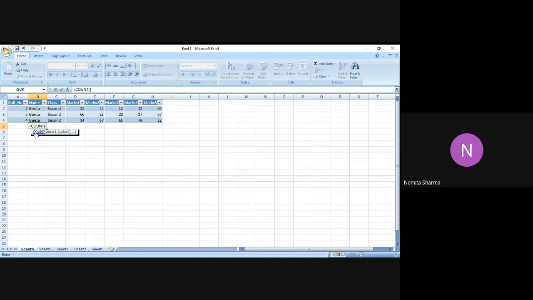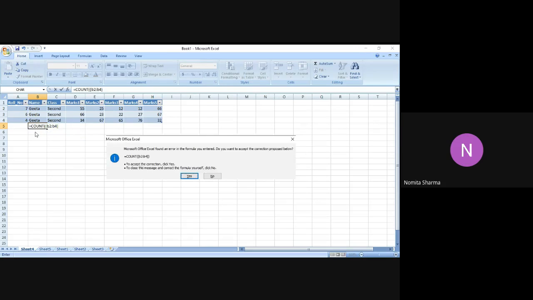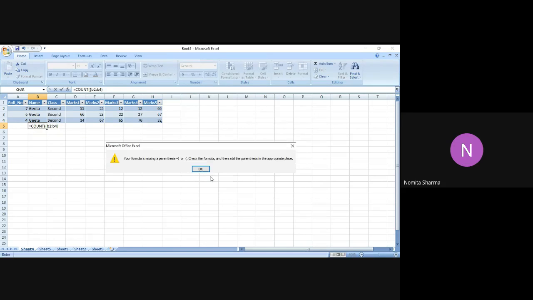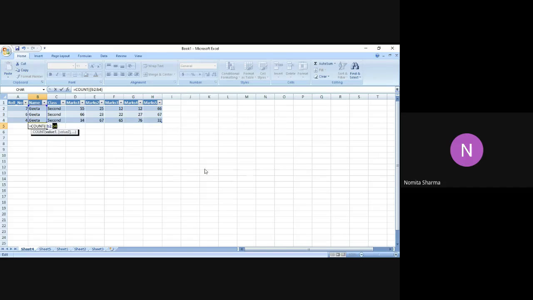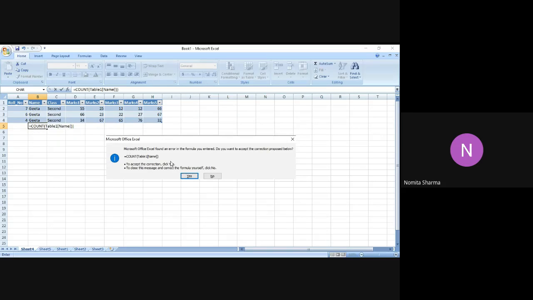So we have B2, B4, and I close the bracket over there. Oh, there's an error. That's okay, I will not work with that. Wait a minute. Okay, so this will actually give me not this. Will not work here.